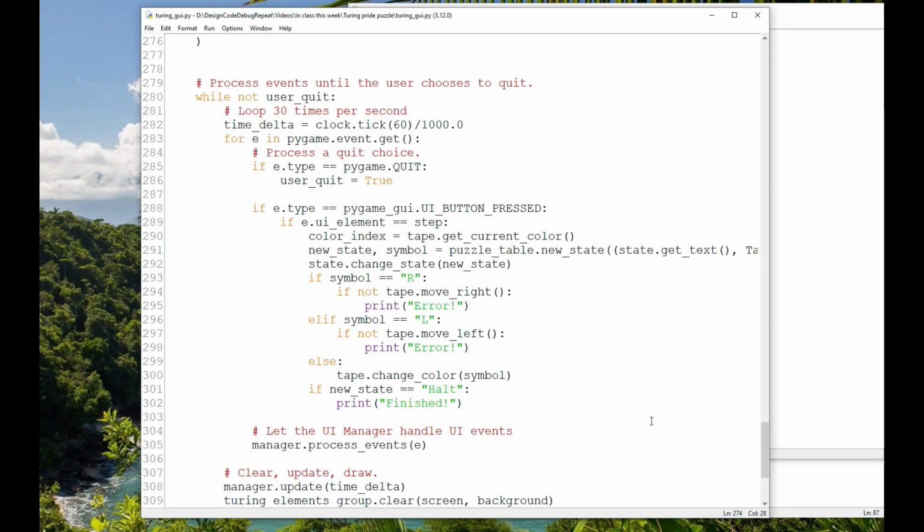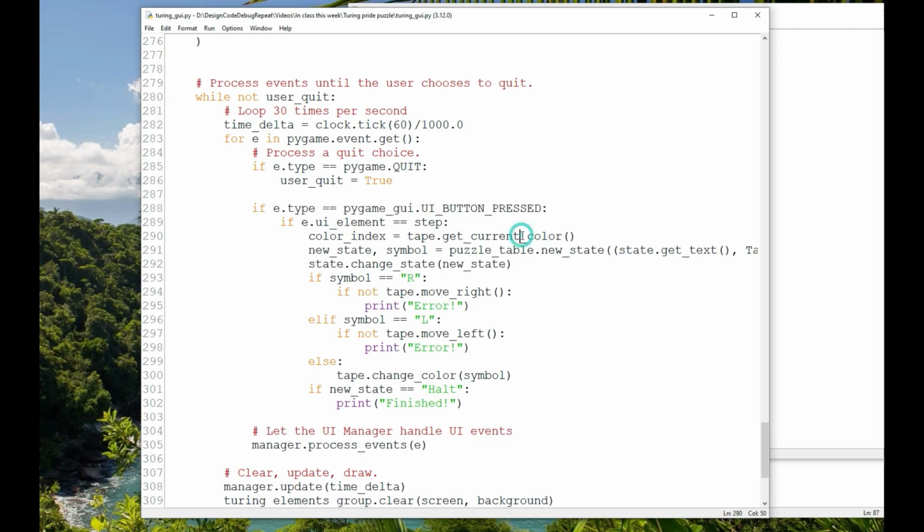Now, in my event processing loop, we can check for events in the UI elements. I'm not checking for the drop-downs here because I don't need to respond to those. Every time the puzzle table updates, it builds the user's delta function from the current state of the controls. It accesses them directly. I don't try to change the delta function when an individual pull-down is changed. However, I am responding to the button press